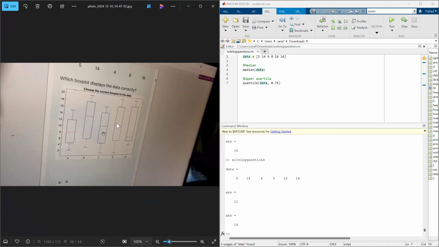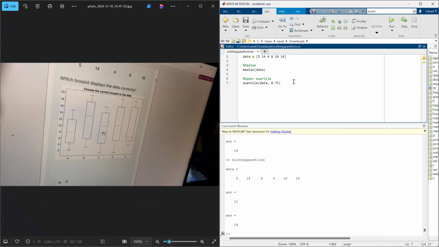Okay, so we have the plots, right? We find the upper quartile, and let's also find the lower quartile, just to show you how to do it. Quantile, and we pass in the data, and we give 0.25. So the median,